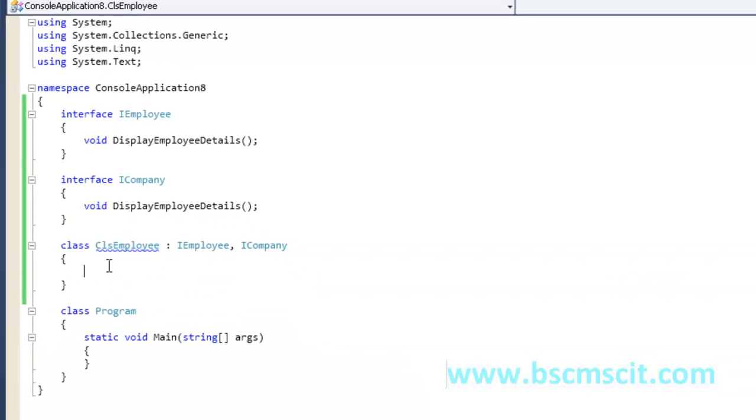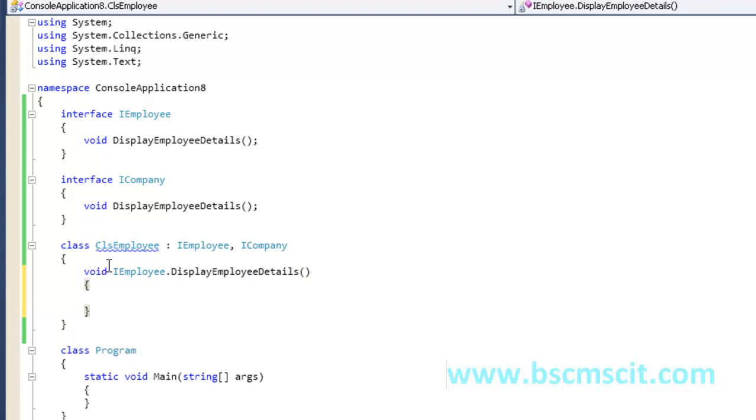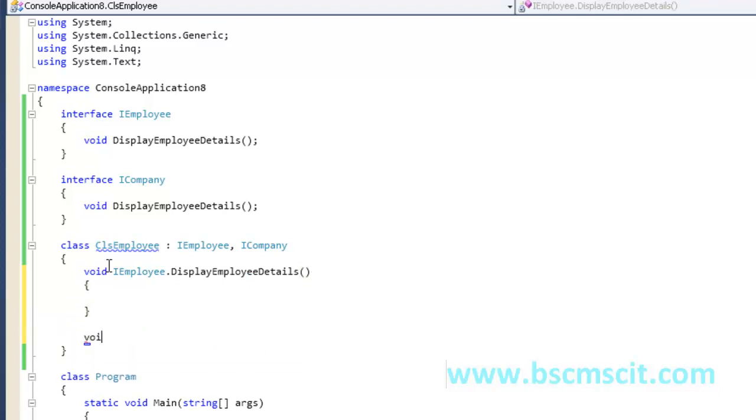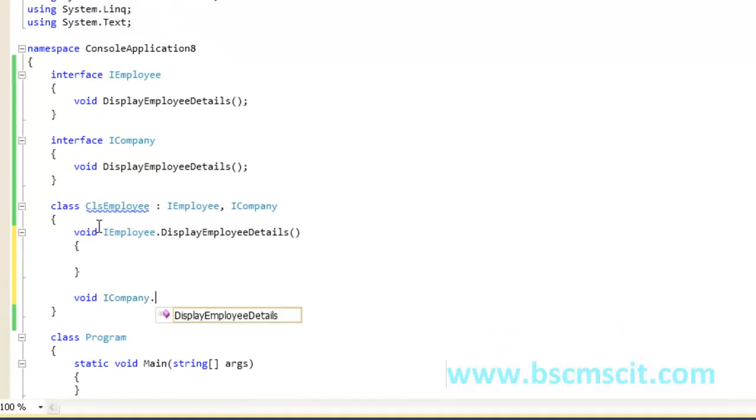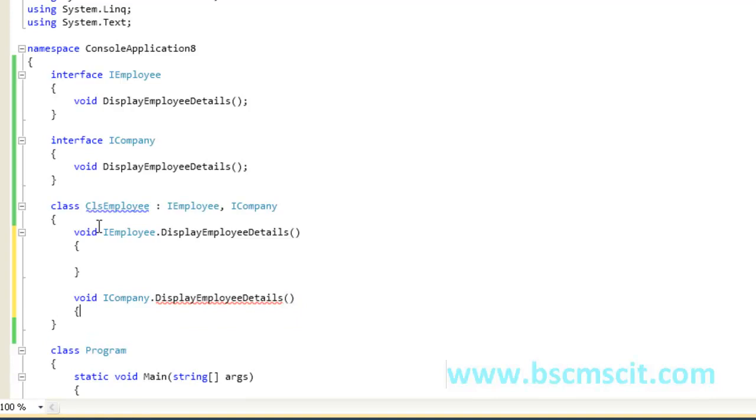So I need to provide the implementation for both. Here is the explicit way of implementing the interface: void followed by IEmployee, the interface name, dot DisplayEmployeeDetails, open and close. Void ICompany dot DisplayEmployeeDetails, open and close.